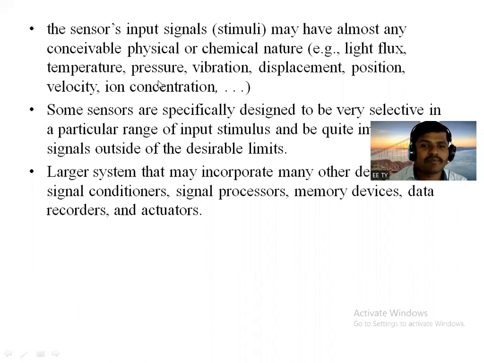Okay, for example, suppose we want to use a sensor for a displacement application. So what is the stimulus or the input to the sensor? Displacement of that object, right? Similarly, if we want to sense position, then the position of that object is the input to the sensor. Similarly, if we are using a sensor for measuring velocity, then velocity is one type of parameter. The stimulus is the parameter, the property of material, or the condition of that object. So this is nothing but stimulus.